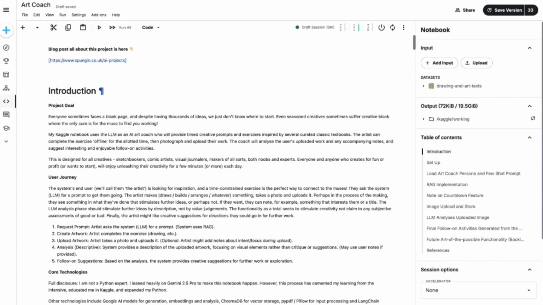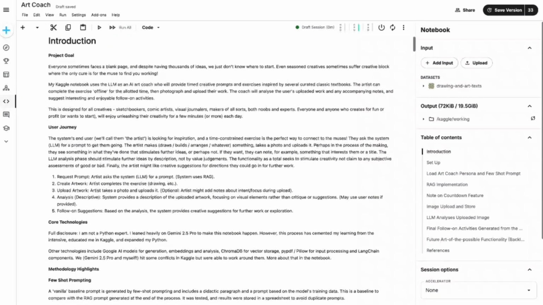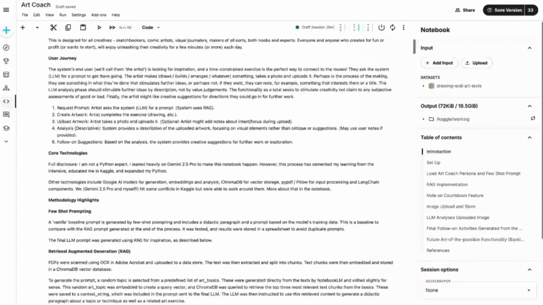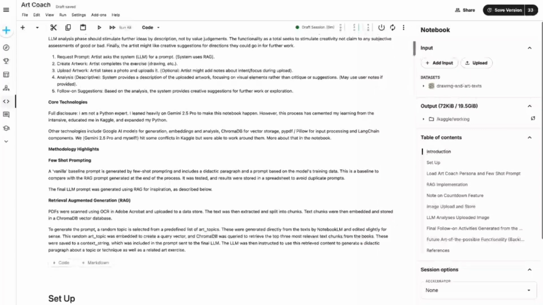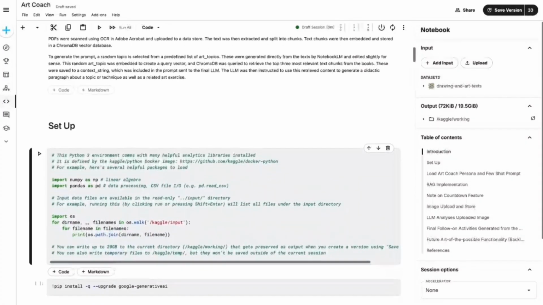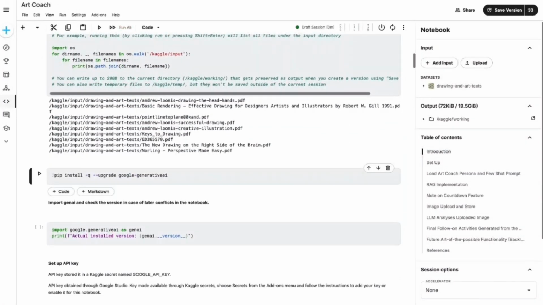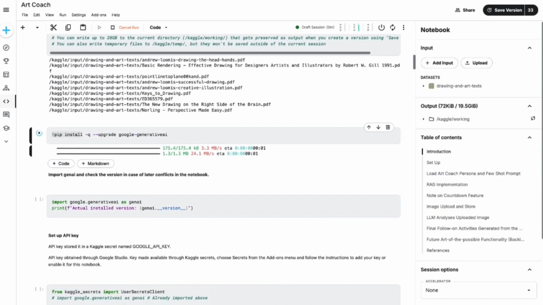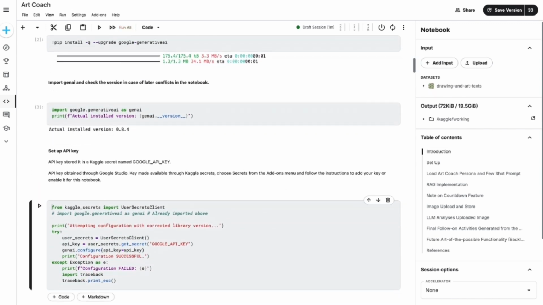Art Coach is an AI tool to help artists create new work by generating exercises and creative prompts based on curated art texts. The Art Coach will help analyse the artist's responses to the exercise and generate some follow-on exercise ideas, further ideas. The technologies we used were